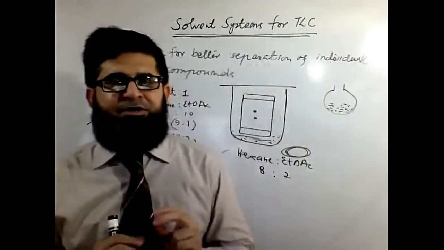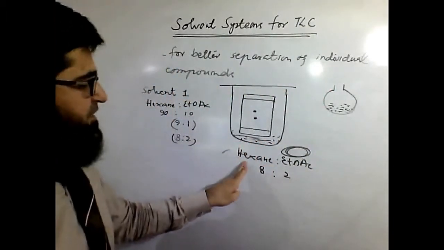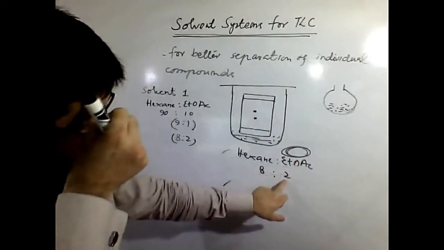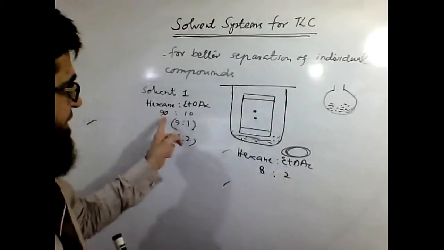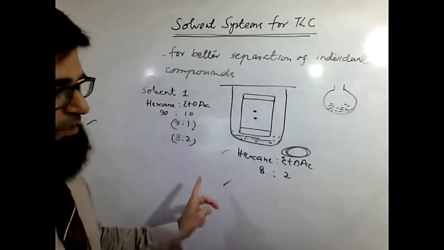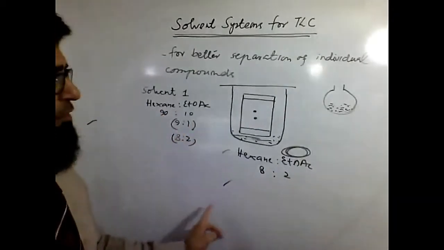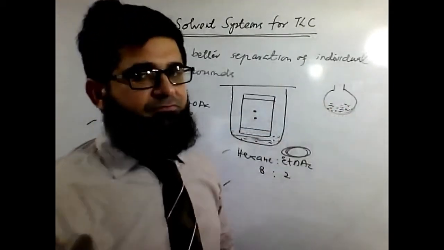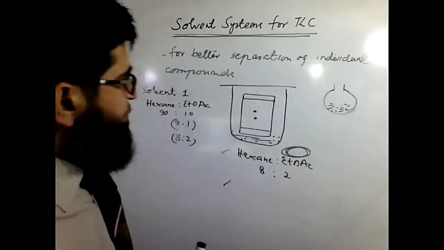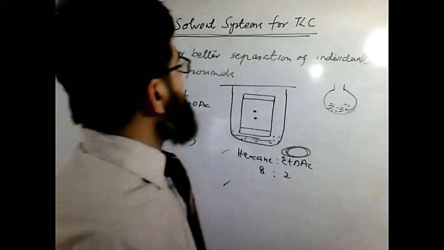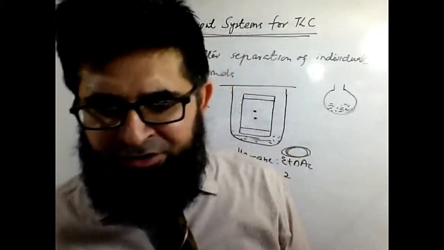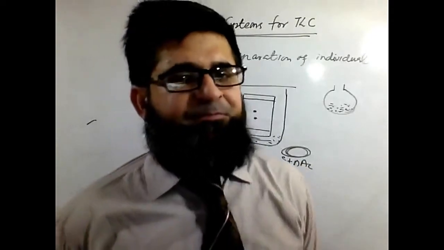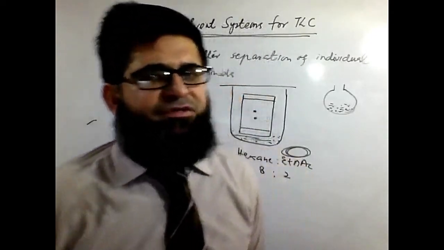That's why most of the time we need solvent systems. One solvent should be like hexane, in a larger ratio, and the other one, the polar one, is supposed to be in a smaller ratio. It could be 90-10, 80-20, 70-30, 60-40, depending upon the nature of the compounds present in the flask. So this is how you can use different solvent systems for better separation on TLC. Why do we need different solvent systems?